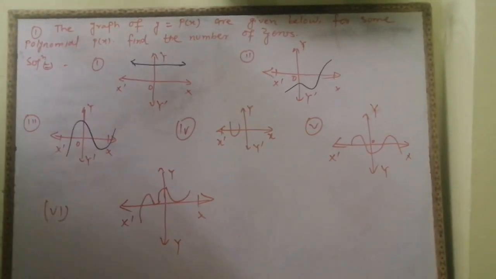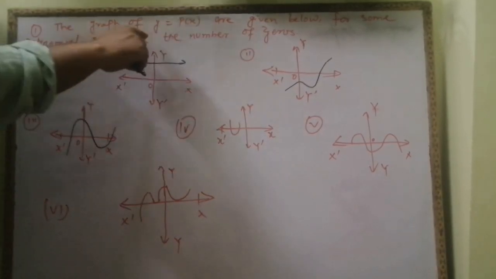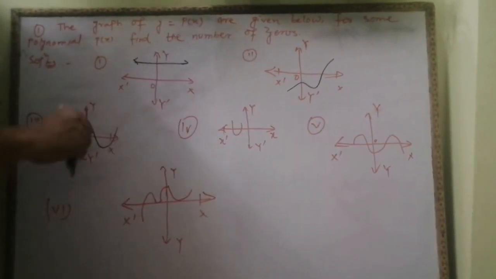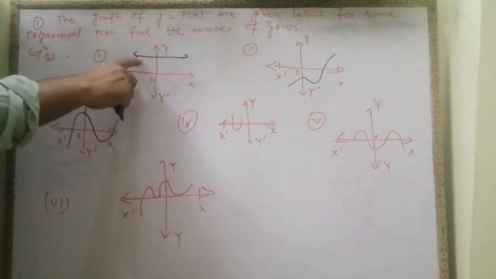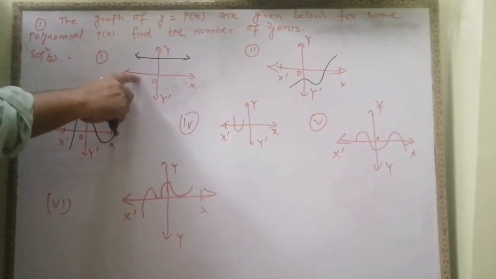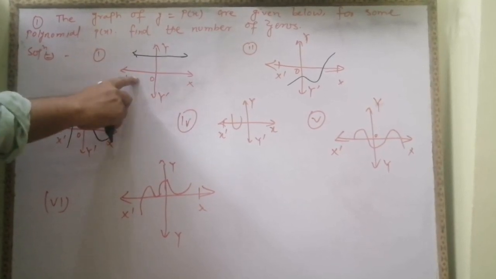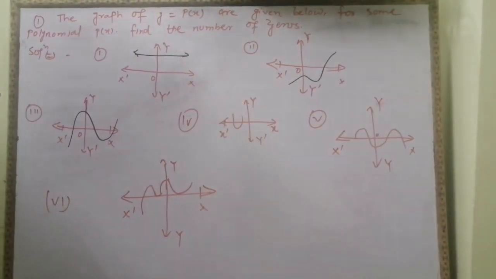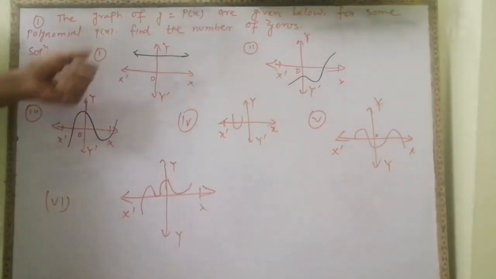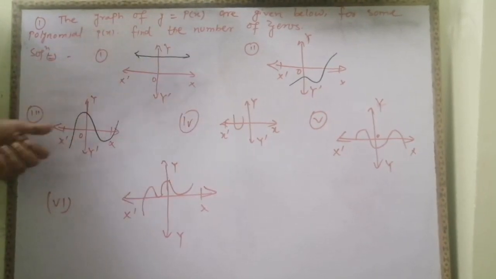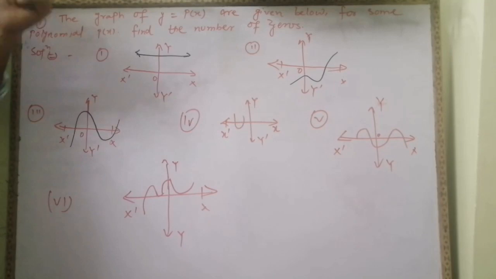Here one thing you have to keep in mind: if it is given that y equals p(x), then for the number of zeros you have to see whether this line touches the x-axis or not. If it does not touch the x-axis, then the number of zeros will be zero. If it touches the x-axis, we have to point out the touch point of only the x-axis, not the y-axis,